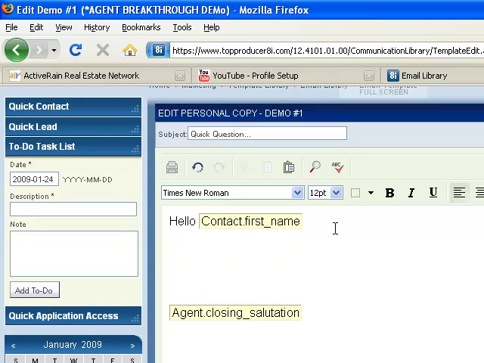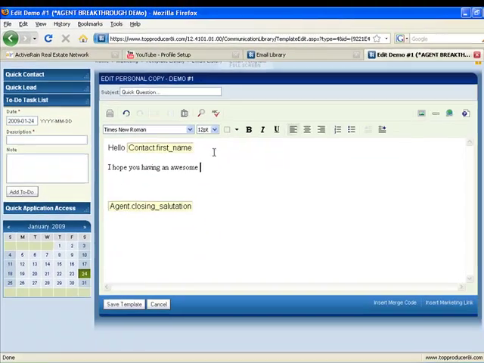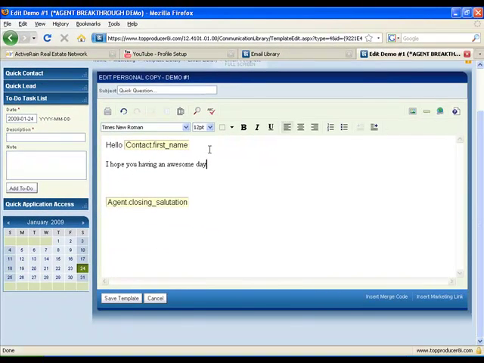I also found that the shorter the email, the better as far as getting a response. It doesn't need to be a big laundry list of information. So, for example, hello merge code, or hello buyer A. Hope you are having an awesome day. I wanted to send you a quick note because